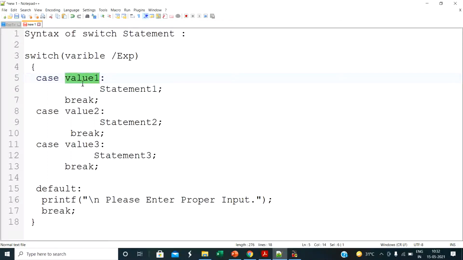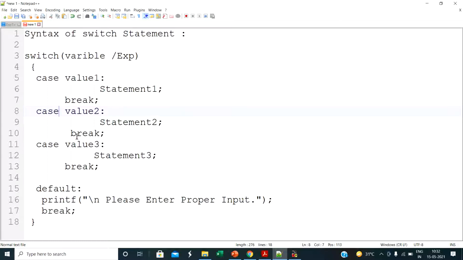If the variable is equal to the case value, then it executes the statements. If the variable's value is 1, it executes that statement. Then after every case we define the break statement to stop the execution in that case.